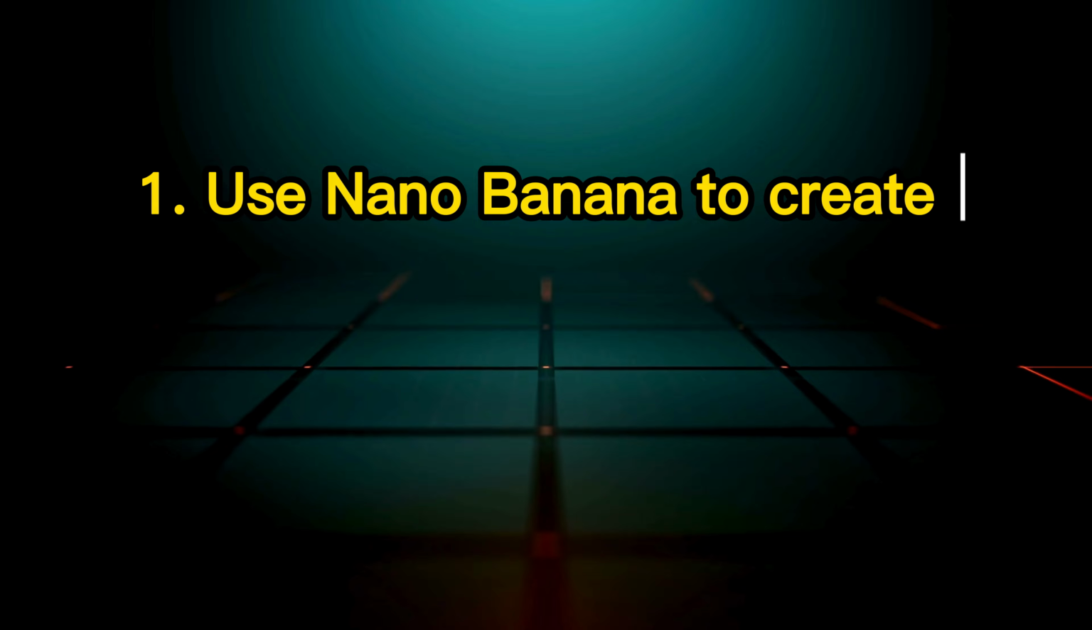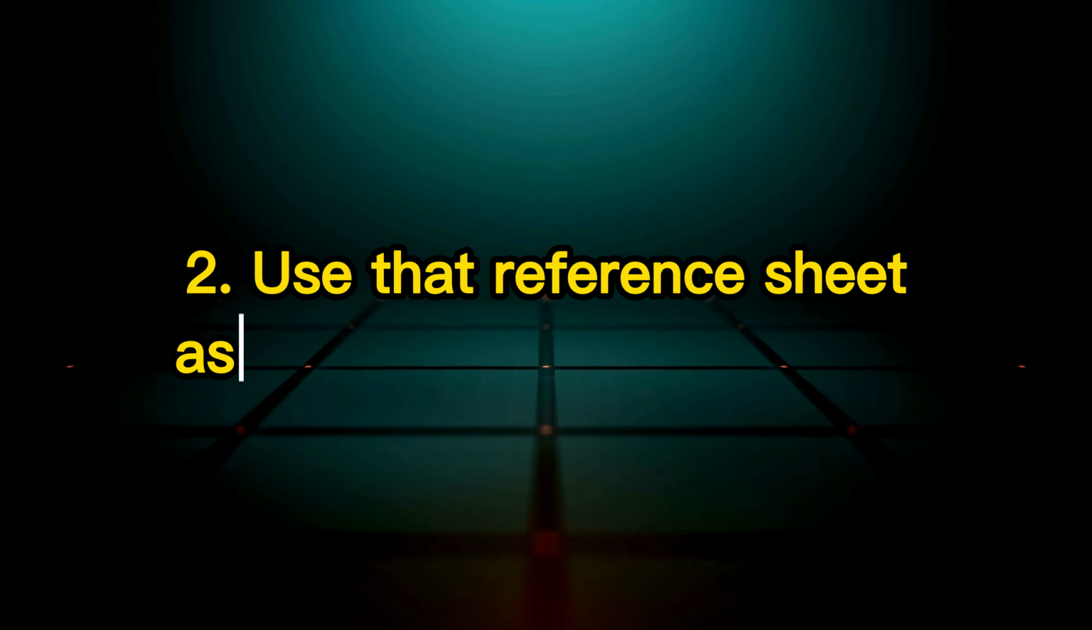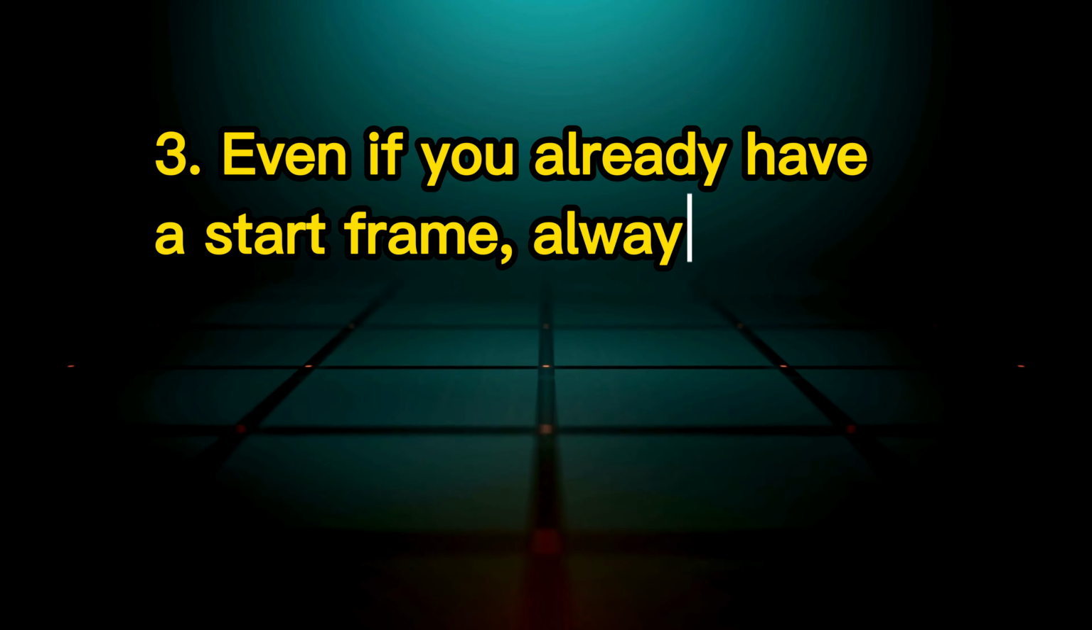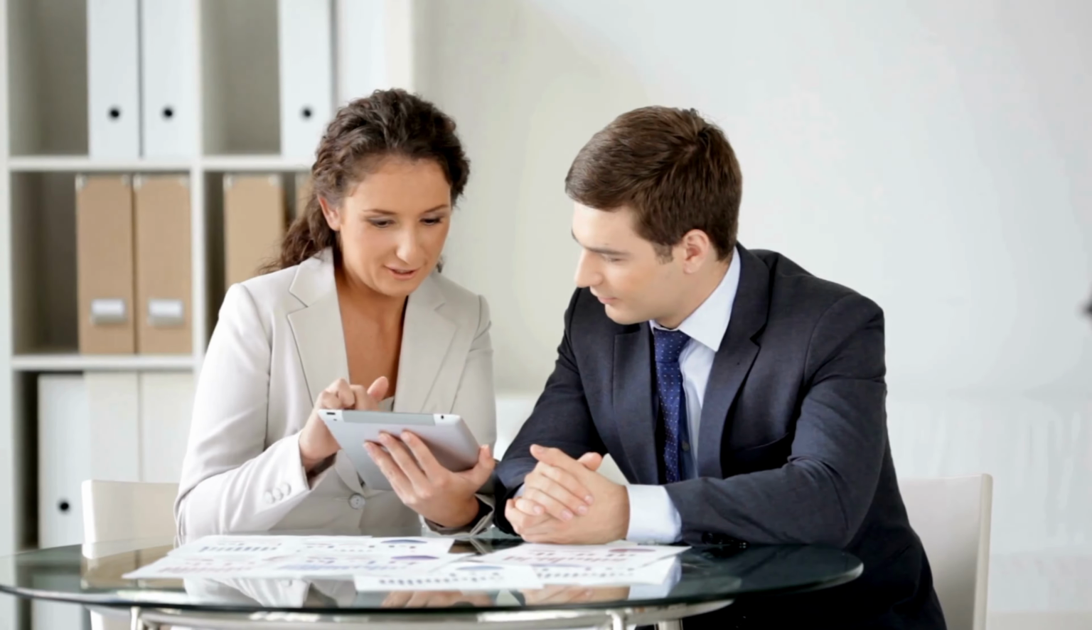So here's the clean workflow. 1. Use Nano Banana to create a character reference sheet from one image. 2. Use that reference sheet as an ingredient or element. 3. Even if you already have a start frame, always include the character sheet when generating video. Personally, I'm really excited about this